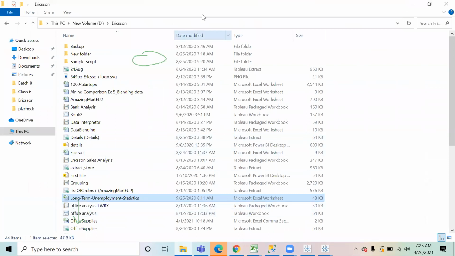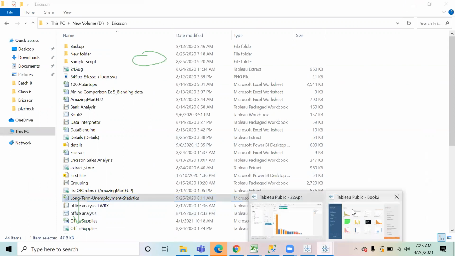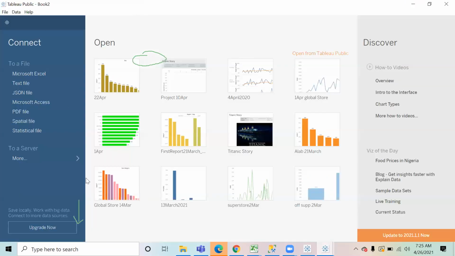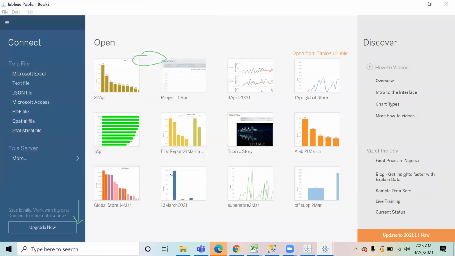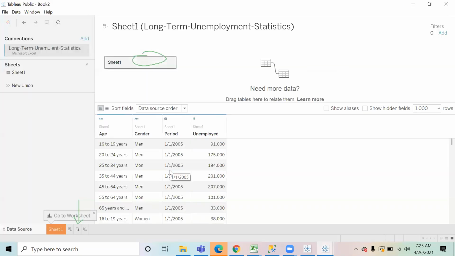So Radhika, are you able to open it, or do you want some help? Yes, downloaded it. Able to open. So all of you, please open this new Tableau also. Now the file is in Excel, right? So we will click on Microsoft Excel now. I'll click on Microsoft Excel, go to that file and open it up. And we can see the complete data can now be seen in the Tableau interface.